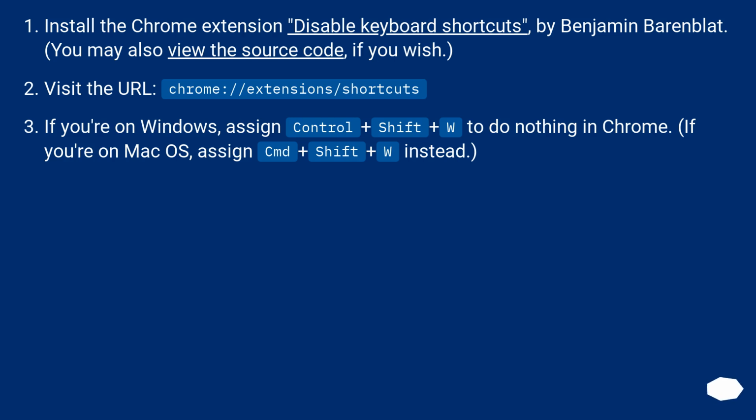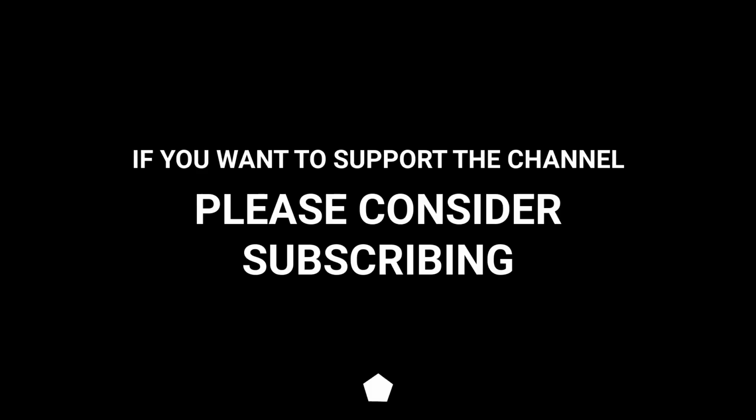If you're on Mac OS, assign CMD+Shift+W instead. Ctrl+Shift+W